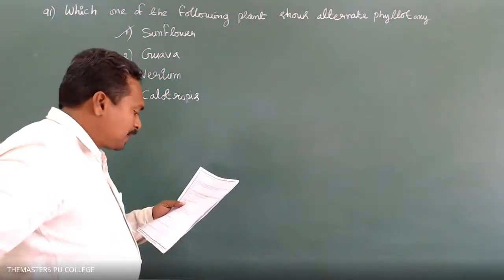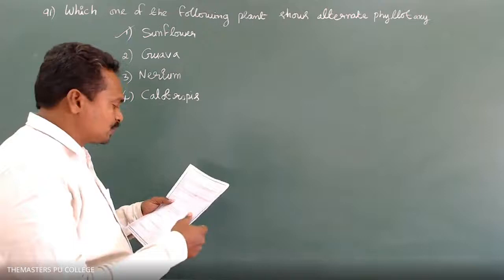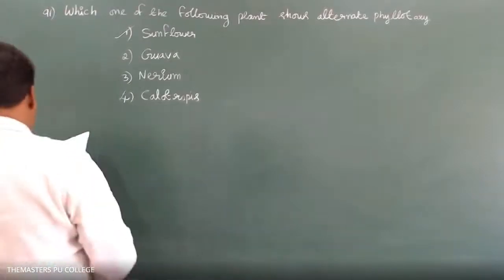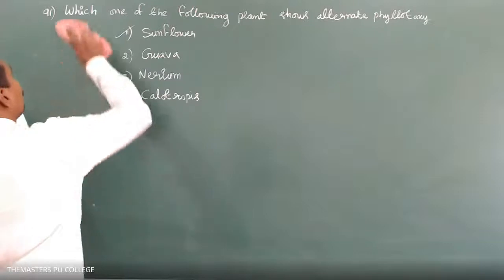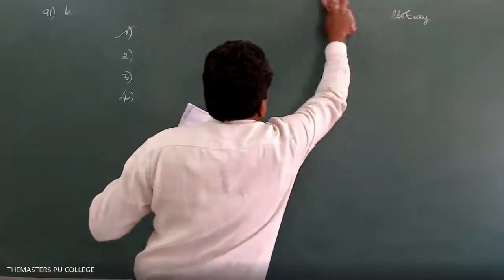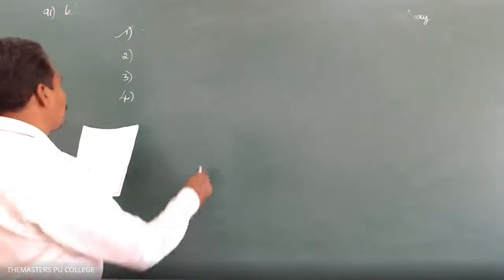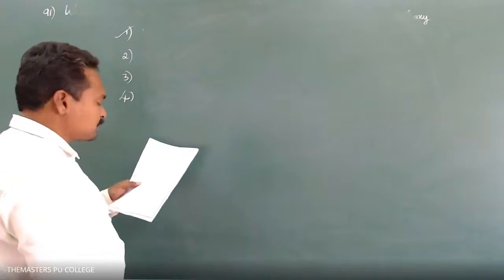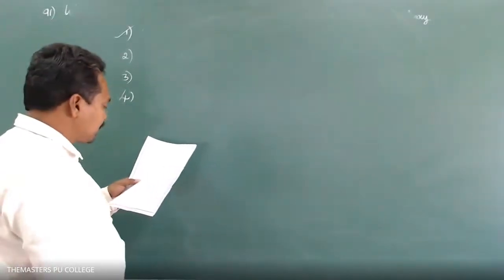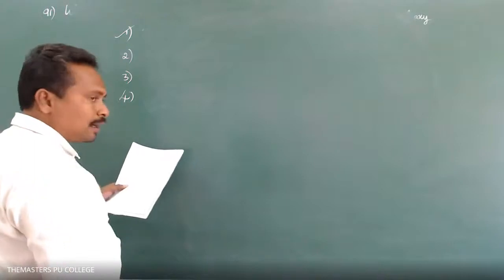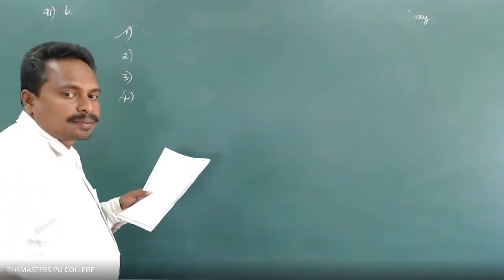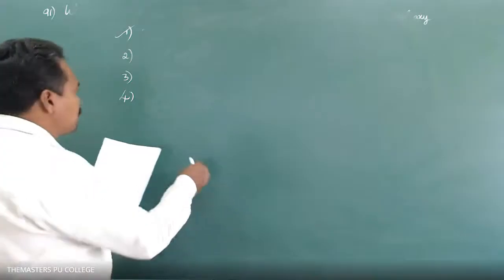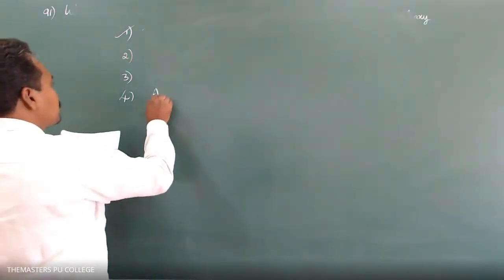The petiole expands and becomes green to synthesize food. Question number 92. Sir, Australian acacia. Very good. So what are the given options? Option 1 is Solanum. Option 2 is Pisum sativum. Option 3 is Venus flytrap. Option 4 is Australian acacia. Which option is the correct answer? Please message me the answer. Very good. Sir, option 4, the Australian acacia.